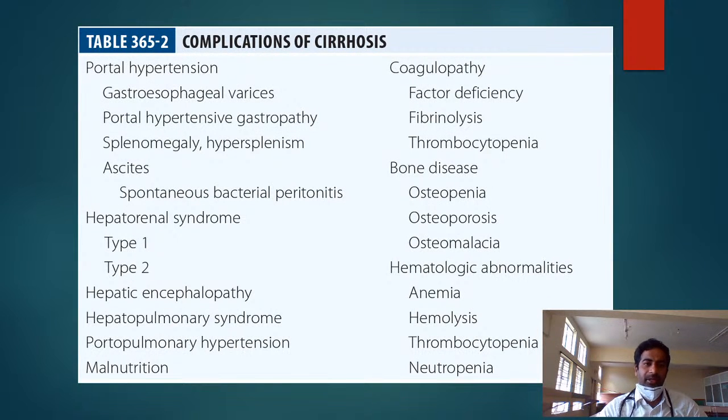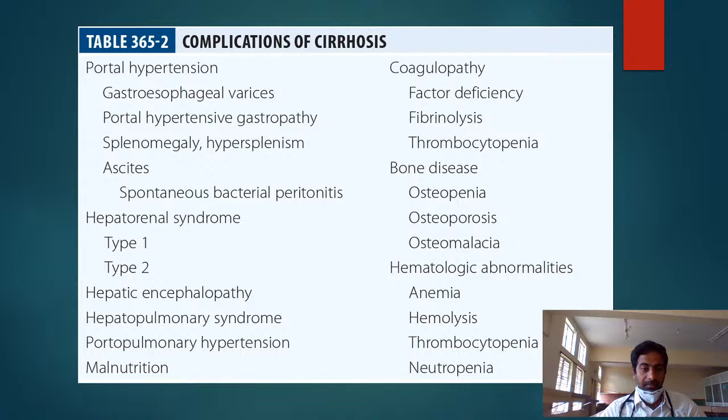The most common complication of cirrhosis is portal hypertension, which is the most common cause leading to ascites. Portal hypertension can cause esophageal varices, portal hypertensive gastropathy, splenomegaly, which is the most important sign of portal hypertension, hypersplenism, and ascites, SBP, spontaneous bacterial peritonitis. It can also cause hepatorenal syndrome type 1 as well as type 2, hepatic encephalopathy, hepatopulmonary syndrome,